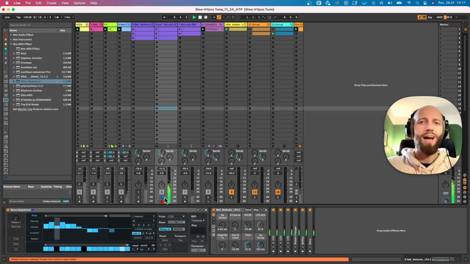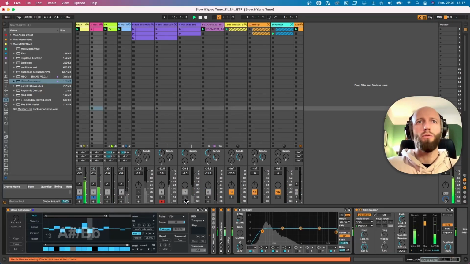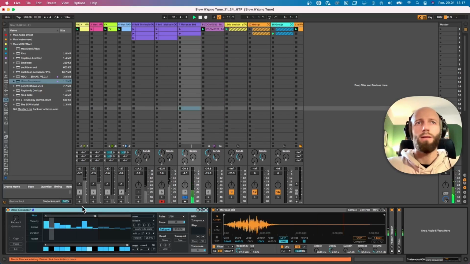Yeah, so it's a really nice way to add variation and maybe use that in the live context. So this is really nice. So then let's move to the Maracas. So this is the thing, the sequence I did with the